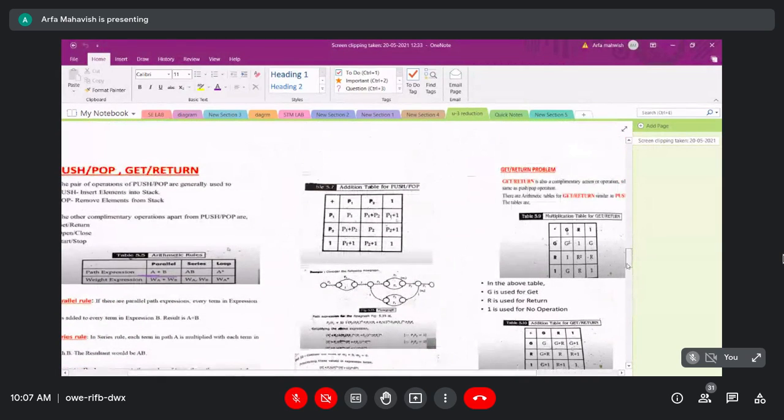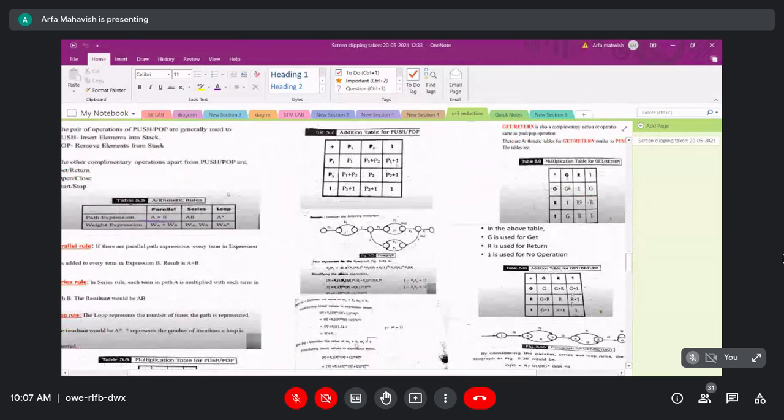So the clear information you will get in the textbook. Okay, so this is the way you are solving push and pop. This is for get and return operations. Same thing as what you have done in push and pop. This is also similar. So in this way you are solving these expressions.